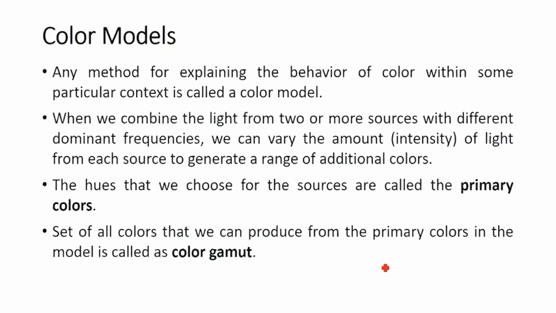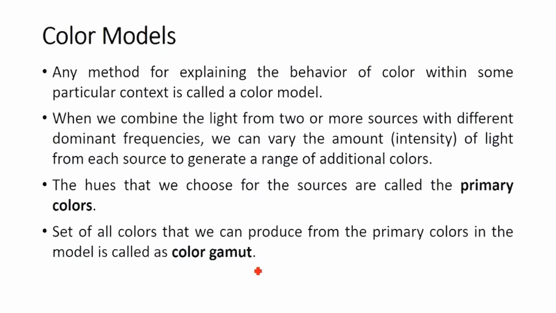Now the most common primary colors, which most of us know, are RGB, because using RGB we can perceive almost all the colors that we get to see in the visible spectrum. By taking the red color and green color, or the red color and blue color, and mixing and matching them in different proportions, you get to produce a wide variety of colors, right? All these colors that are produced using these primary colors are called the color gamut,